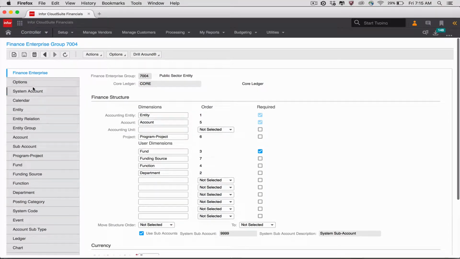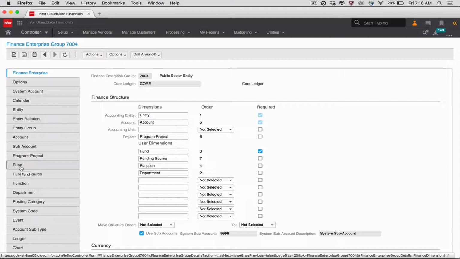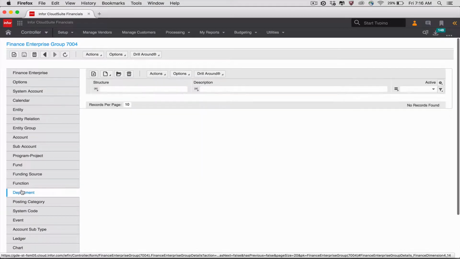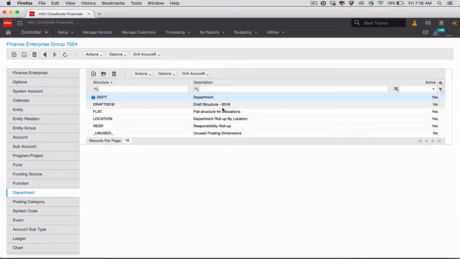You'll have the ability for all of the different elements that you select here to define what those elements are and the various hierarchies that are associated with those. So here if I pick, let's just say my department, you'll see that I have multiple different hierarchies associated with